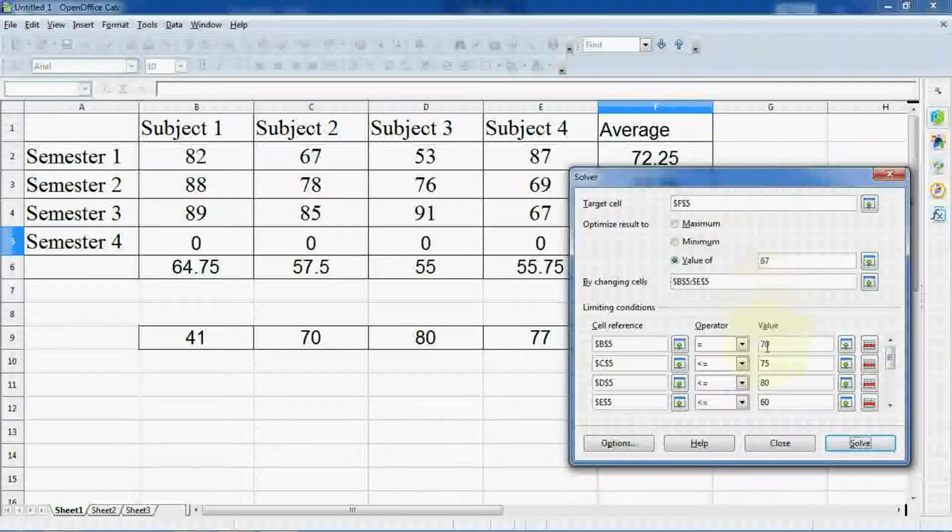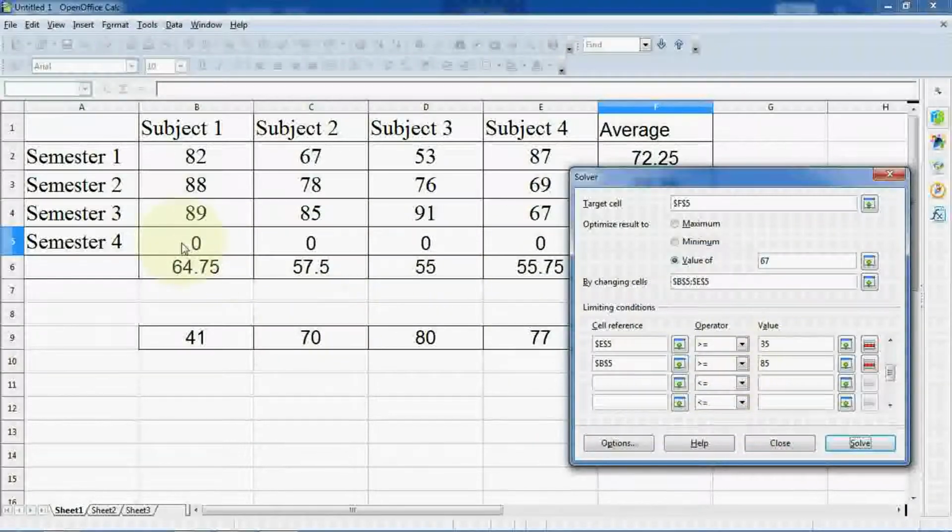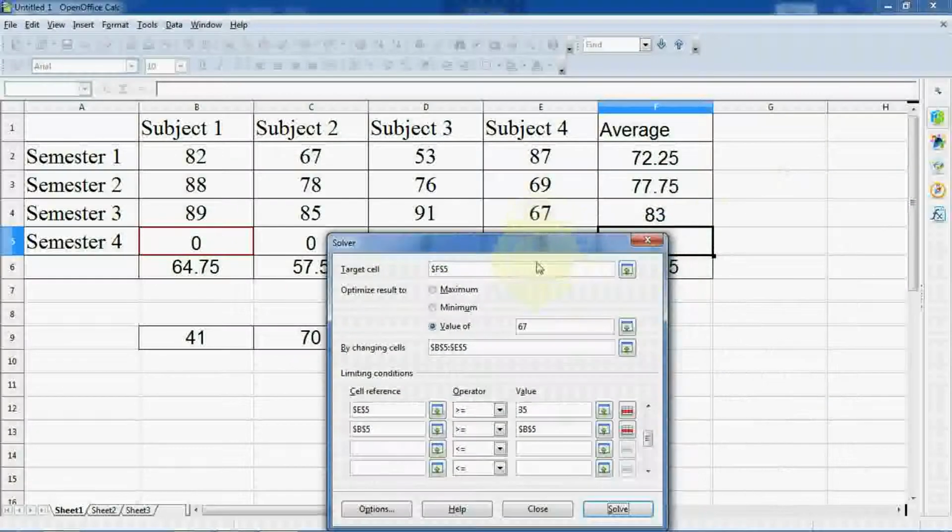One more time, I will do the same thing. 85, less than 85, but at the same time it should not be 85. B5 equal to. Then, okay, greater than. Let me try. Greater than or equal to 85. Solve. See, still it is showing 85 because it is calculating by these values also. So when you are using greater than, it is calculating the first value as per the criteria. And second, when we are using less than, it is showing like this. So likewise you can check all other options. I have checked in this manner.